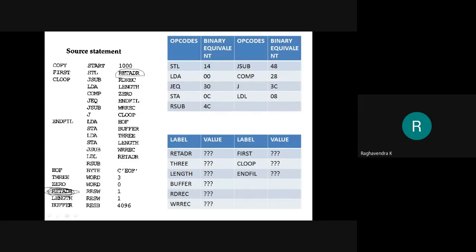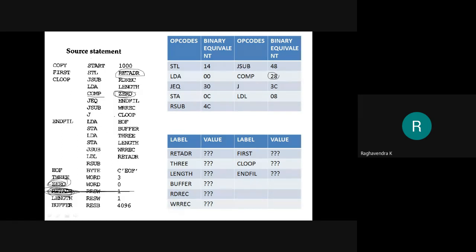I need to know what value is assigned to it. Similarly, for COMP ZERO, the value of COMP is 28, I know that. But what is the value of ZERO? I do not know, because ZERO is declared here in this program.